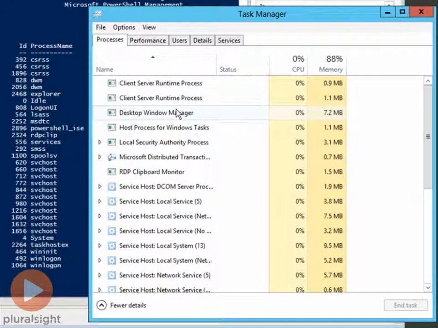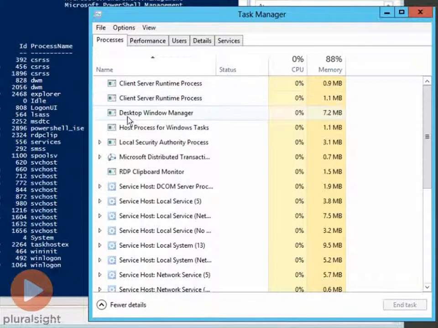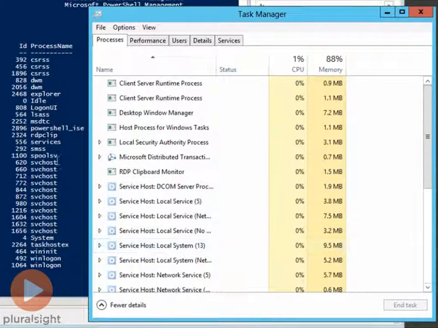Okay, and it may vary slightly because this is obviously dynamic. It's always kind of a moving target. It's always updating, but it's very close, right? We have a couple of client-server runtime processes. Here it looks like we had 3 of the CSRSSs running previously. Same thing, by the way. Here we have the Desktop Windows Manager, okay, so on and so forth. There's a lot of stuff. Here's all our service hosts,